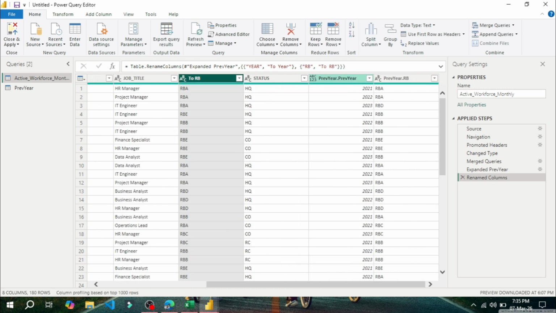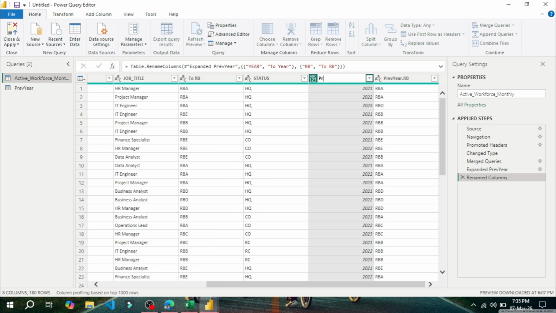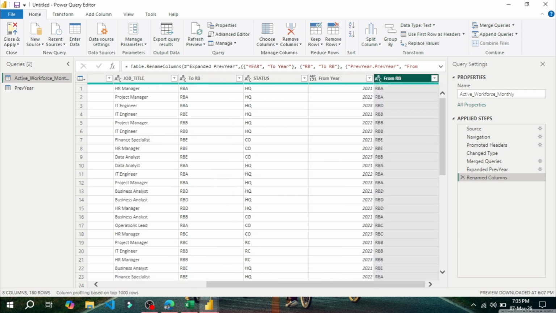These are from here, from here, sorry, from here, and this is from RB. This is from RB. Great. So now we have created our four columns over there, and now what we have to do is we have to filter those columns,